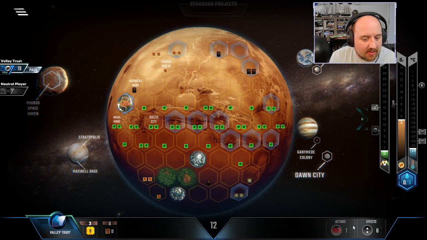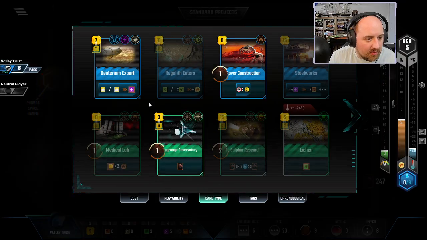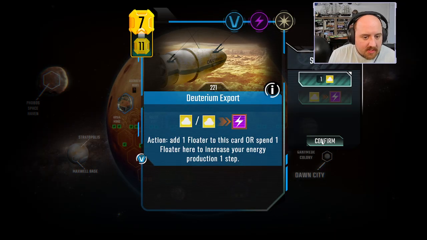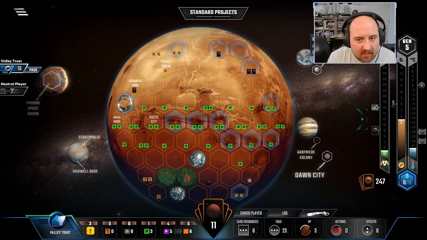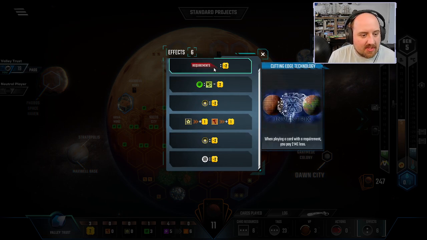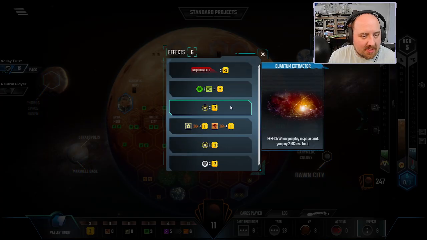Let's get that income. I didn't do my audit, but the audit would have said I was losing. Still, for the sake of the audit, this is a whole generation later. I only have 5 TR and 3 income. That's $8 coming in. Nothing else here. That's terrible. We usually want 15 to 20, but we have discounts on science, discounts on space,